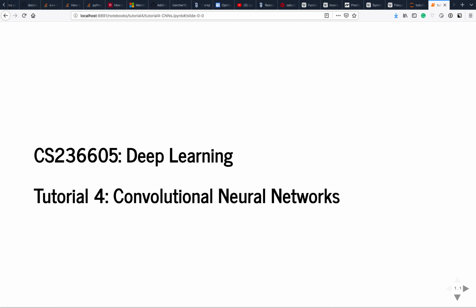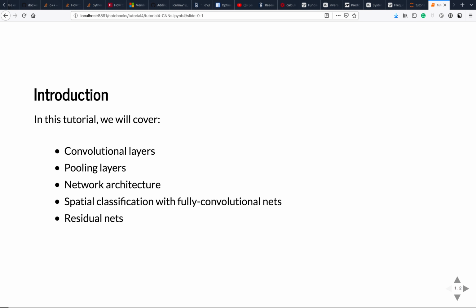Okay, so welcome to tutorial 4. Today we're going to be talking about convolutional neural networks, building on what you saw in the previous tutorial about MLPs. Okay, so specifically what we'll cover, we're going to talk about convolutional layers in deep networks, what they are,